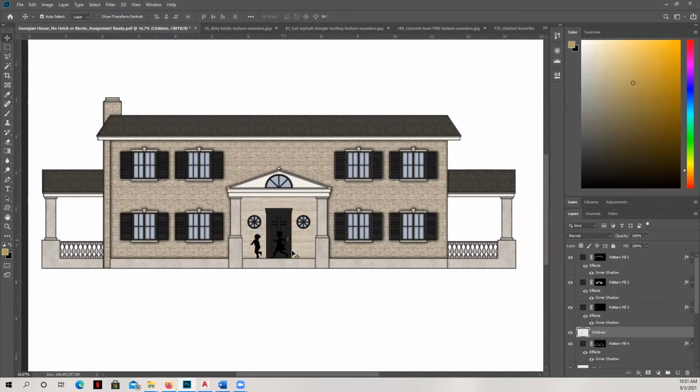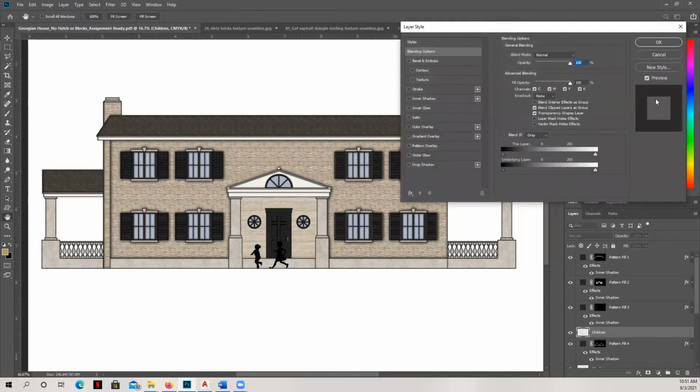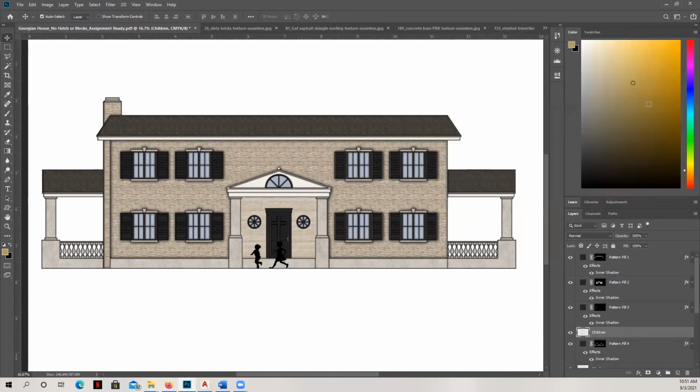Now, a couple of things I want to make you aware of is that they are dark, they're black. And so they pretty much draw your eye straight to them and almost resemble a black hole. And we don't want that. We want the scale figures to enhance the scene, but essentially someone looking at this perceives it, and then they go, oh, that's how big the space is. And then they move on and look at the finishes, not the scale figures. We don't want anything to be distracting.